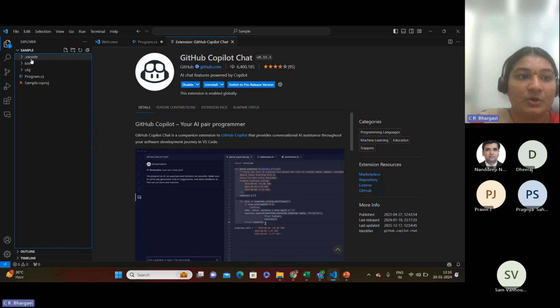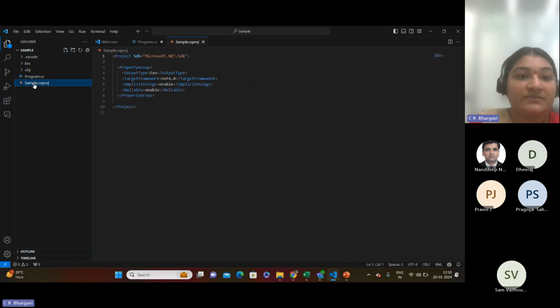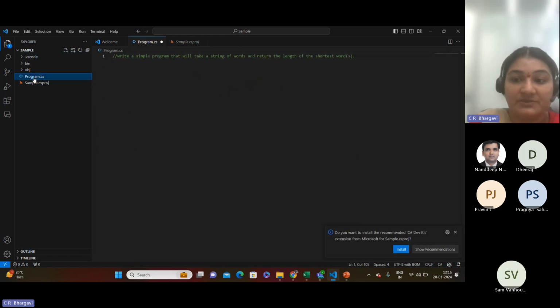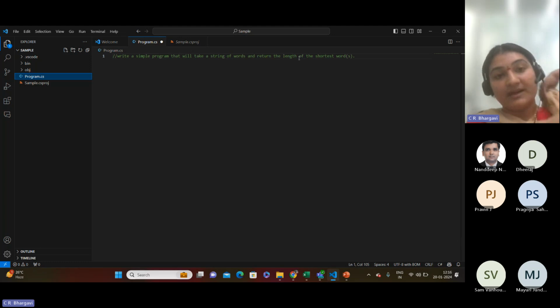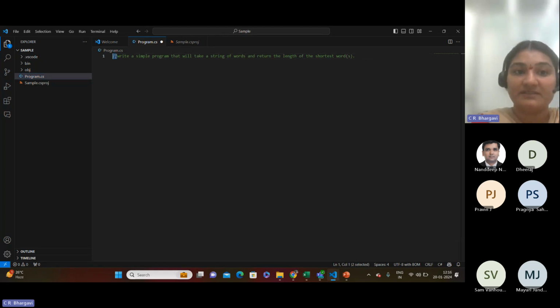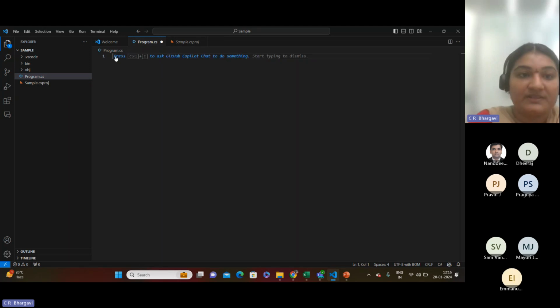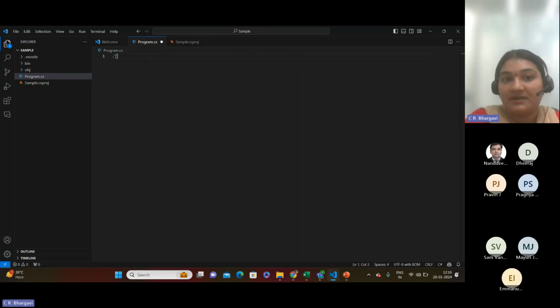Once that is all done, we should now go to the project, to the program that we have to work on. To get started with the coding, you start your programming with the double backslash, and then you can write your commands with that. Write a program for